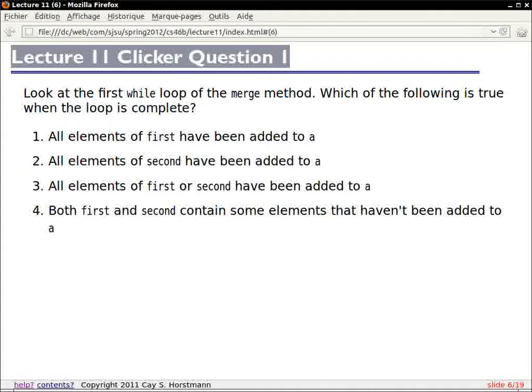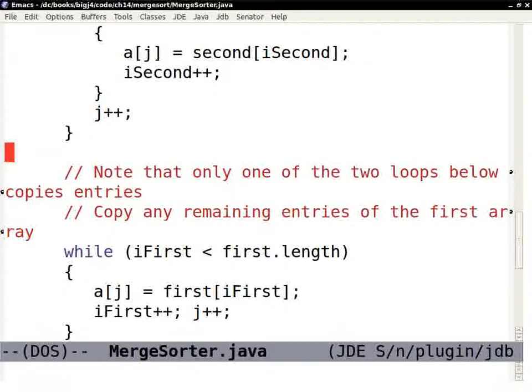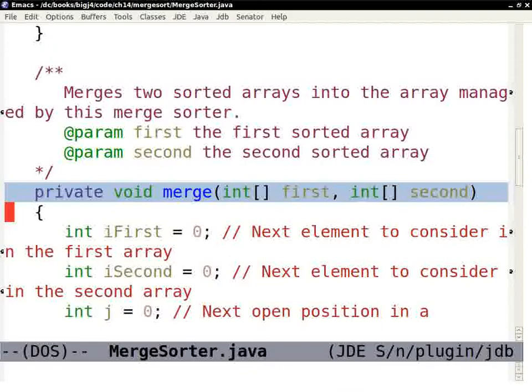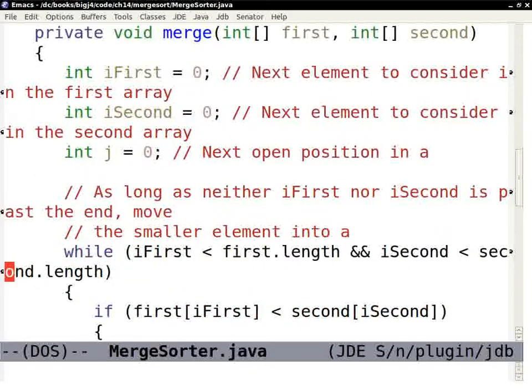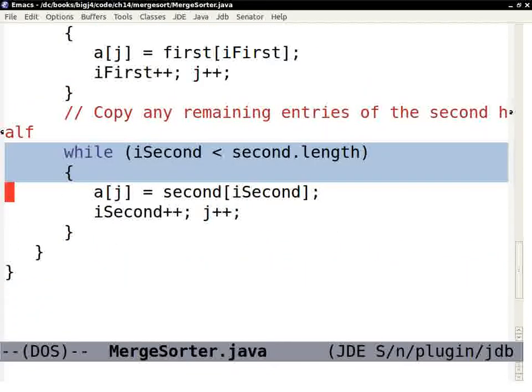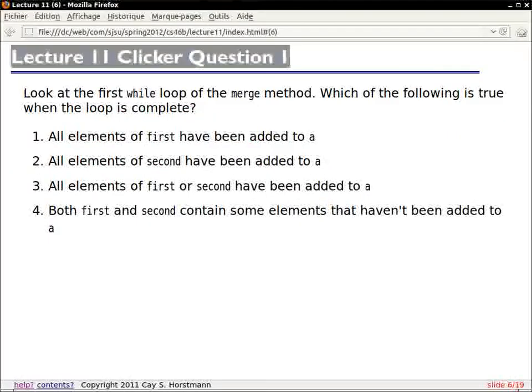You need to open up your laptop and look at the code. Oh, so look at the merge method. So here's the merge method. The merge method has 3 loops. First loop, second loop, third loop. And so my question is, after the first loop,